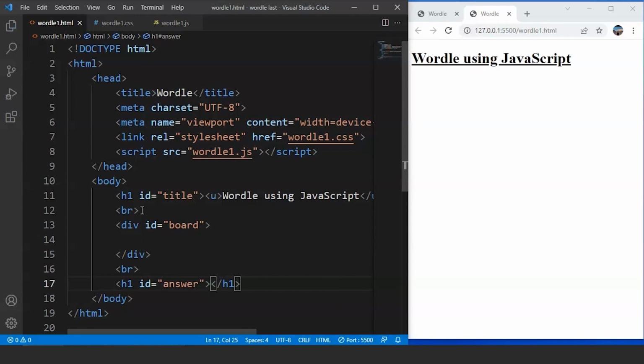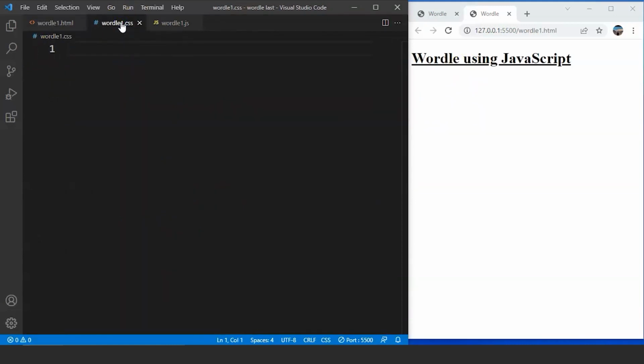But before that, let's save this program and you can see nothing is changing over here in the browser. So let's move on to the CSS part now. Here we are in the CSS file. What we'll do is we'll write here body. Now we'll first style the body tag of a